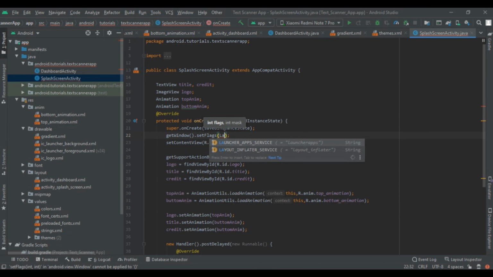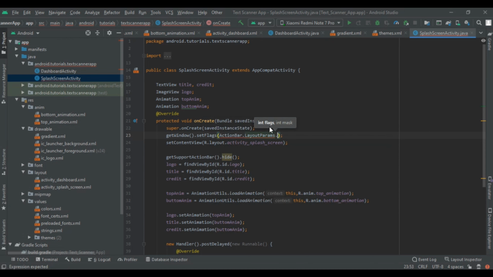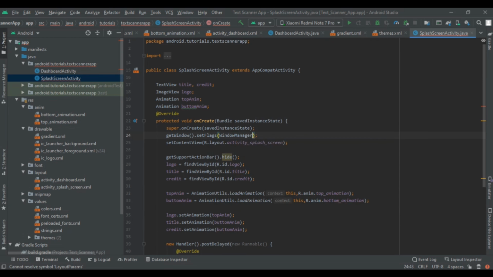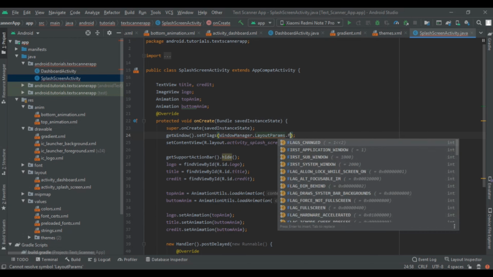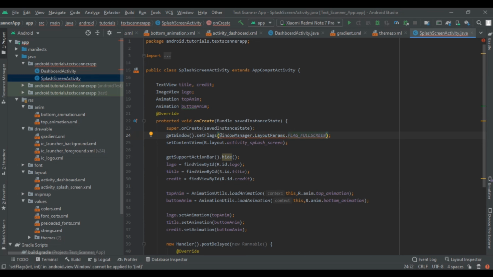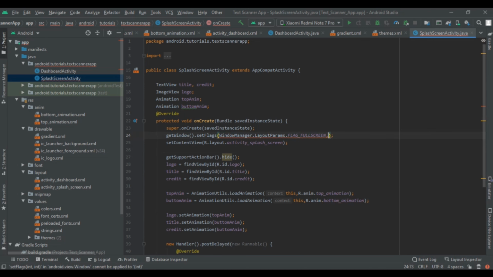So layout frames, window manager dot layout frames dot flag full screen, this, then copy this full code and then write it again. So this will erase all the.